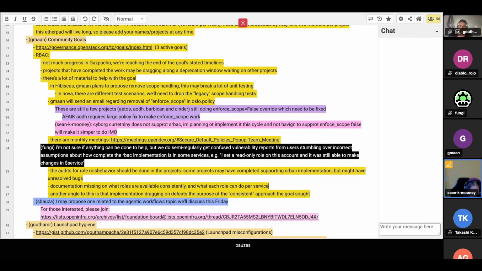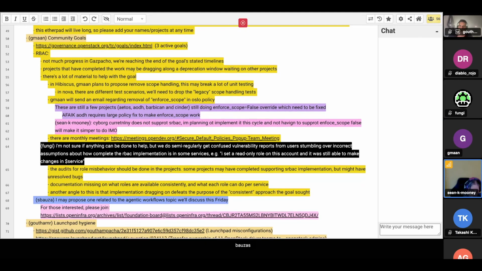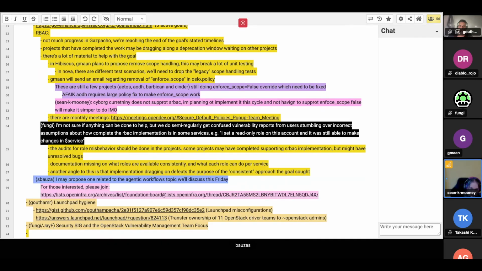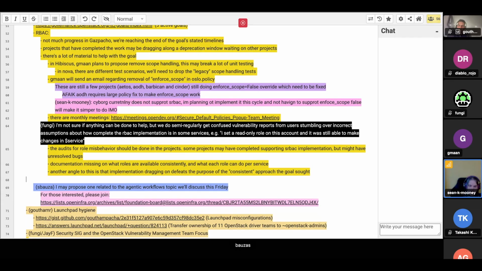I guess one gap that we have never filled is that there is no way to ask a cloud via its REST API what roles and what scope enforcement have been enforced, which means it's just not discoverable. Like if I interact with, say, OVH's cloud, without reading the documentation I can't know what to expect when I talk to that API endpoint. Should I be using member? Should I be using whatever? And it's kind of been left to the operator to document that somewhere in their offering.